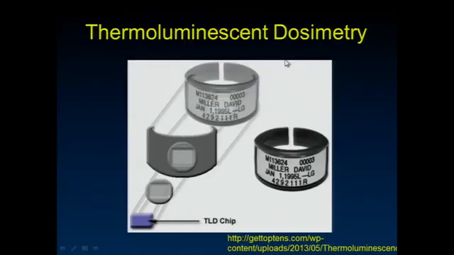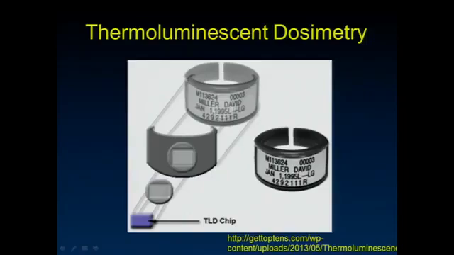But those have really been replaced with these ring badges or a thermoluminescent dosimeter, and by now you guys can translate what that means, right? We've talked about materials that when they are struck by radiation can move electrons from inner valence bands to outer conduction bands, and some of them are relatively stable in that pattern. And here, the amount of electrons that are moved into that outer band and are sitting there stably is proportional to the amount of dose that